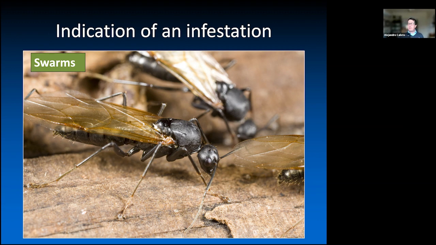So all these reproductives, the virgin queens and the virgin males, leave the colony and they fly. They want to find a mate, and sometimes they are attracted to light. So if you live in an urban area, not a wooded area, and you start seeing a lot of these reproductive alates, most likely you're going to have a colony nearby the house.